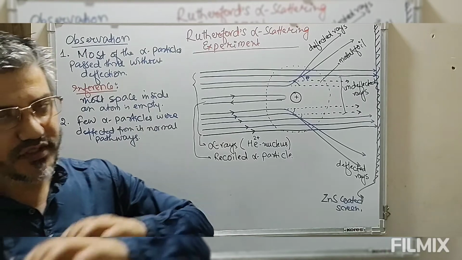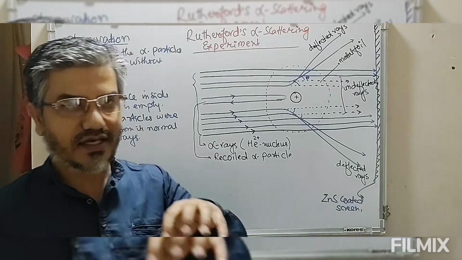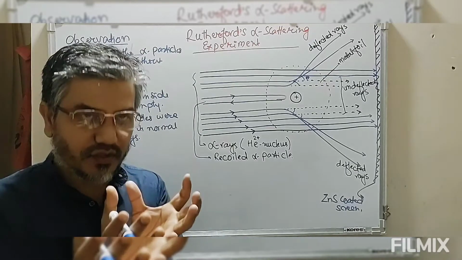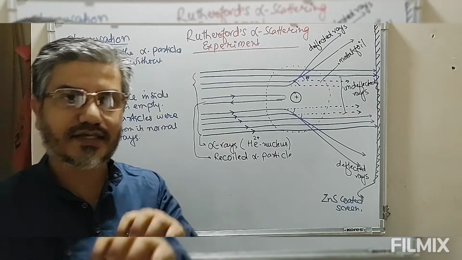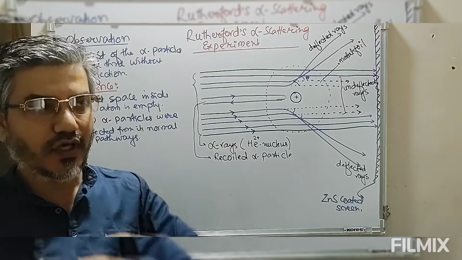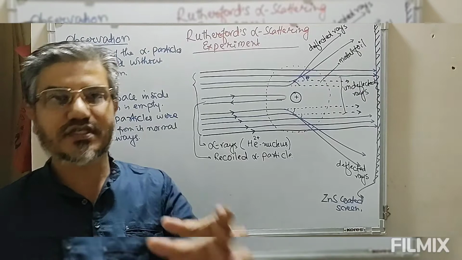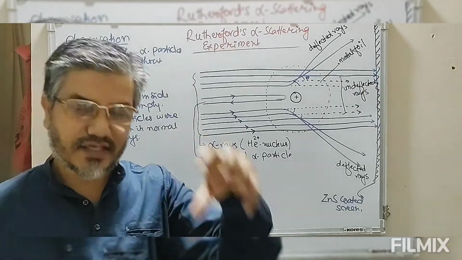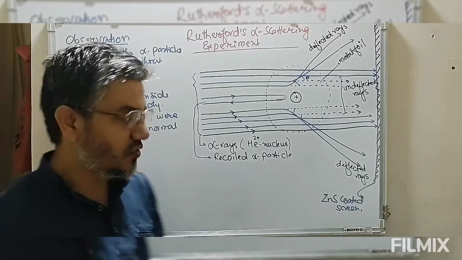So after the discovery of proton, he says that these protons must be placed inside the atom, and that particular portion in which the protons are present is placed exactly at the center of the atom, and this was coined the term nucleus. So the credit for the discovery of nucleus goes to Rutherford, and he also says the nucleus is placed exactly at the center of the atom, and inside this nucleus we have the positively charged particles known as the protons.